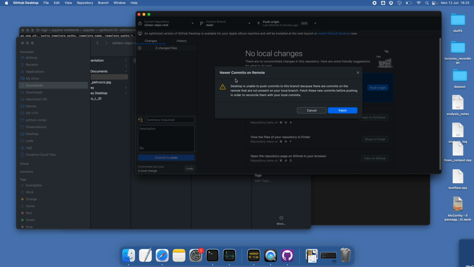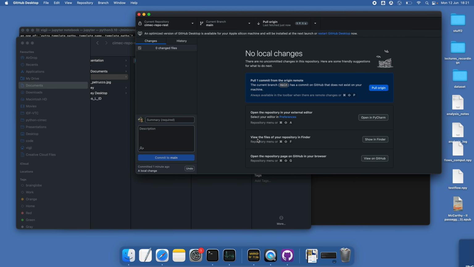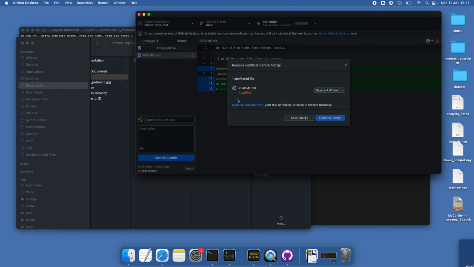You can try it and it will just block you, because if in the remote version there are new changes that you have not synchronized locally yet, you cannot push until you have somehow fixed the potential problems that might have arisen from the double editing. Okay, so I can say fetch to actually see the remote changes, and I can say pull, and now it actually says,